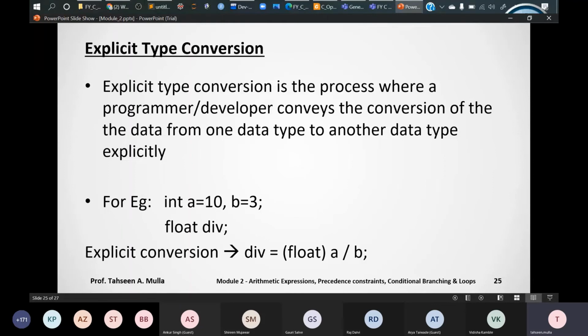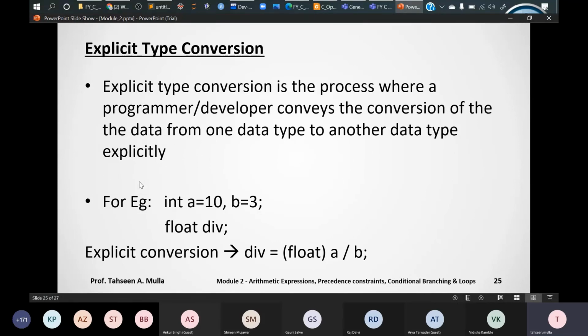The definition of this is, it is a process where a programmer or a developer conveys the conversion. So he needs to tell the compiler what type of conversion we are going to do of the data from one data type to another data type explicitly, right?